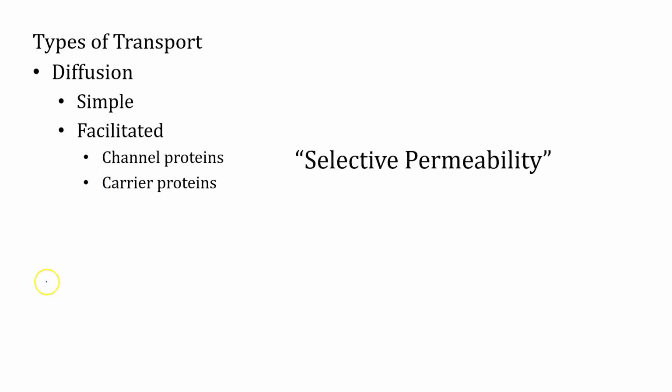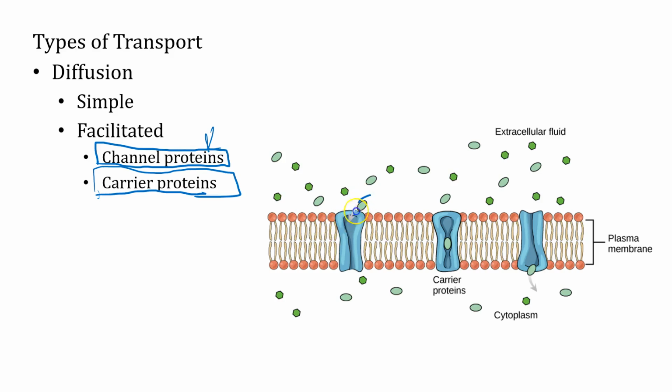Now, carrier proteins and also channel proteins. Channel proteins are often a certain size that only allow certain things in. So some channels will only allow glucose in. Other channels will only allow sodium ions in. Another channel might only allow potassium ions in. So some of these are pretty specific, and then also carrier proteins, sometimes something might have to bind to it,